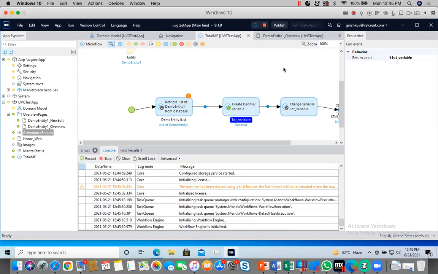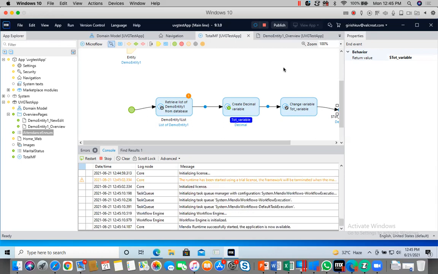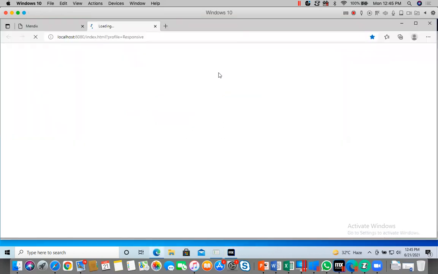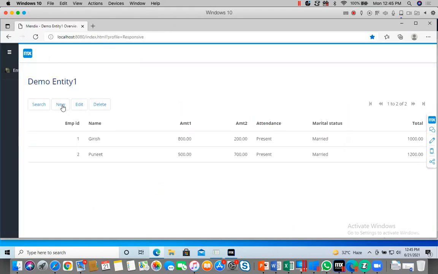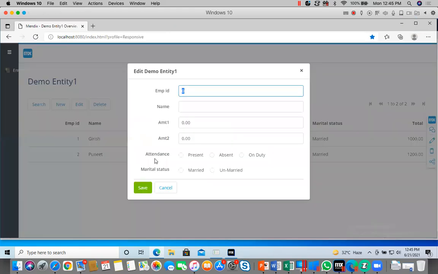Now I will show you what we edited as a new element. It will come now when you add. See, now attendance has present, absent, and on duty. The new thing also has come.